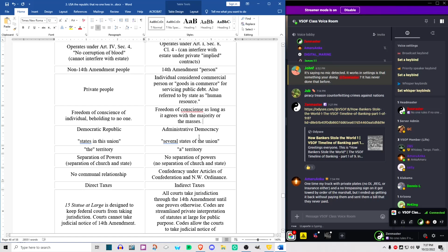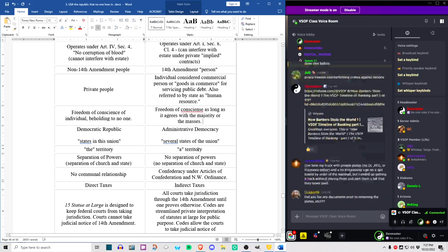This is after the Civil War when the southern states, well, basically, it wasn't just the southern states, but they basically considered all the states then conquered territories and put them back under territorial rule. On this side, you have the territory. This is a territory. This is separation of powers, separation of church and state, and obviously the three branches of government. This side, there's no separation of powers, no separation of church and state.